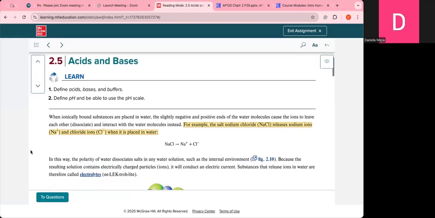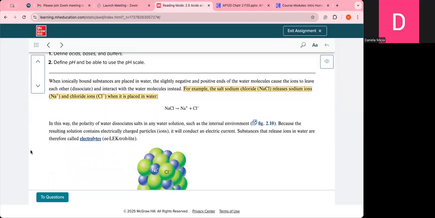When ionically bonded substances are placed in water, the slightly negative and positive ends of the water molecules cause the ions to leave each other and interact with water molecules instead. So ionic bonded, not covalent bond. This is ionic bonded substances that do this. In this way, the polarity of water